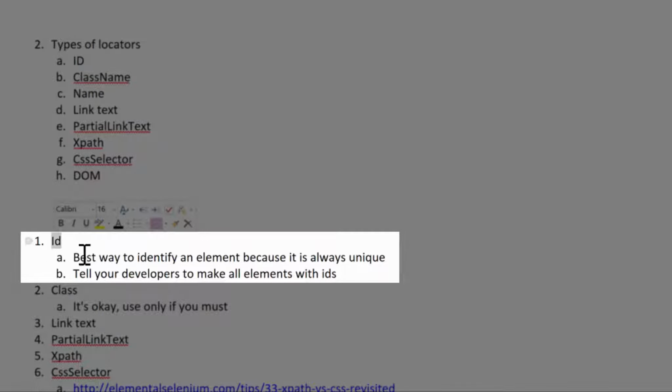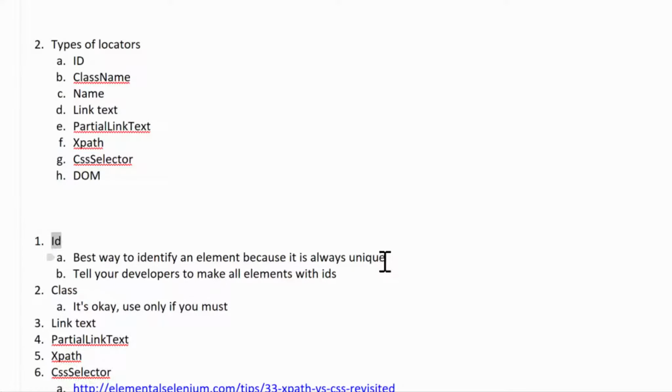The ID. The ID is the best way to identify an element because it's always unique. If an element has an ID, then you can identify it and be certain that that element will almost never change. So if you're working with developers and you are in a modern company that likes to be progressive and make good advances, you can ask your developers to give you elements with IDs so that it can make your job easier, right? If you can spend 1 minute identifying an element as opposed to 15 minutes, that's a significant